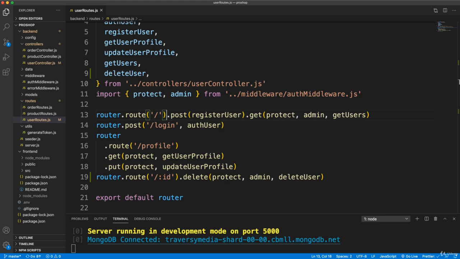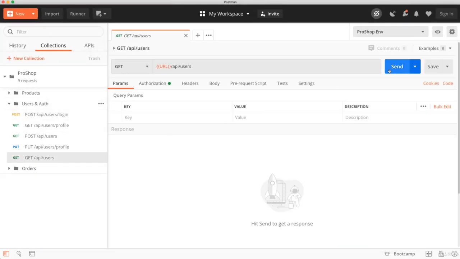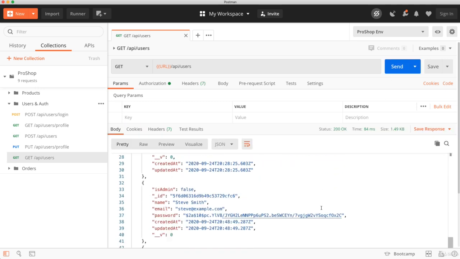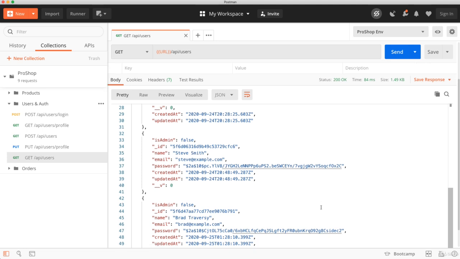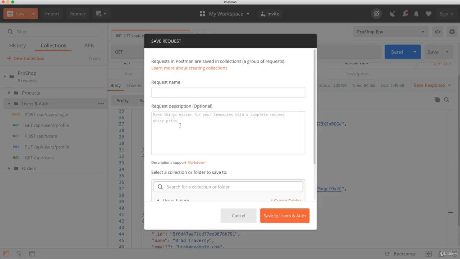Now I just want to, what do we have for users anyways? Let's see. So we have John Doe, Jane Doe, Steve Smith and myself. So let's try to delete a user from here first, just to make sure that this works on the back end. So I'll grab Steve Smith's ID, and let's create a new request, which is going to be delete API users ID, delete a user,